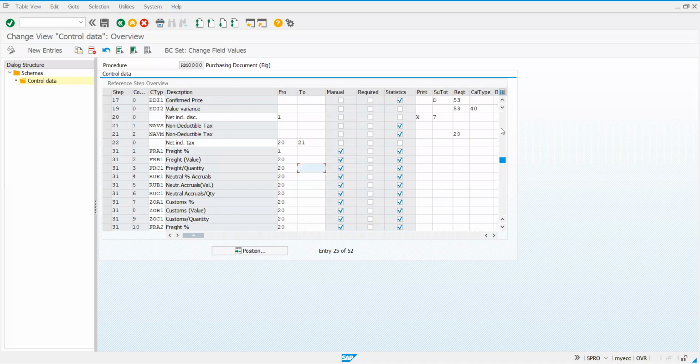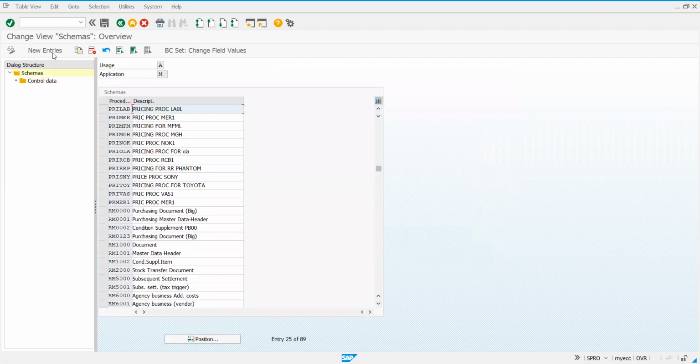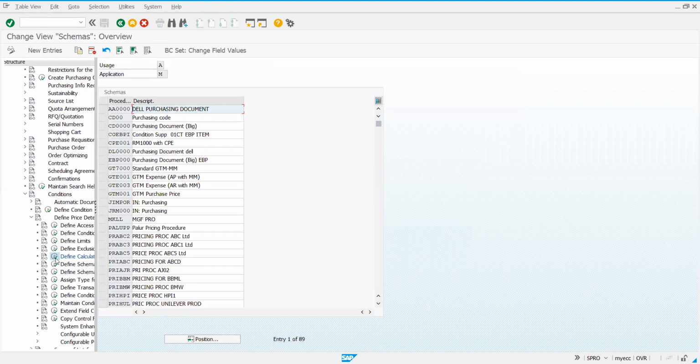Okay. Now I am not going to use this existing record. We'll create one with simple gross price and discount instead of so many parameters, so that it will be very clear in understanding. I'll click on new entries. I'll come back again and redo it, so you will have the connectivity. I'll go to define calculation schema. I just told you what standard is existing.